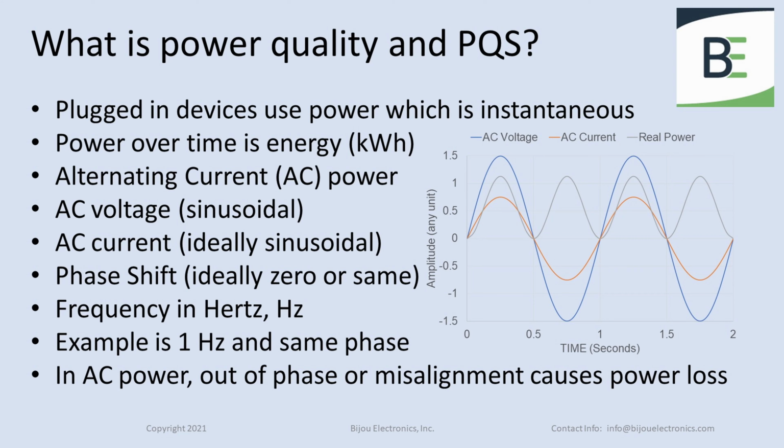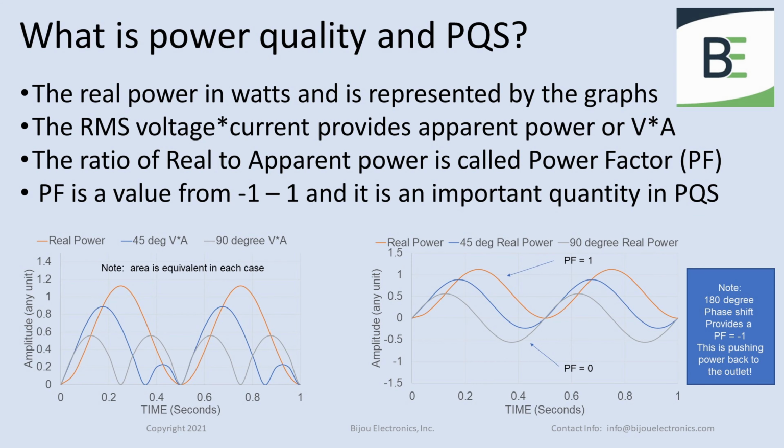These four parameters allow real power to be calculated. This also allows determination of energy being lost. If these parameters are out of phase or misaligned or of different frequencies, power and therefore energy is being wasted. It is going to start to get a little bit complicated, and I will be leaving out some information but trying to cover as much as possible here to get a basic understanding of the power usage and quality metrics